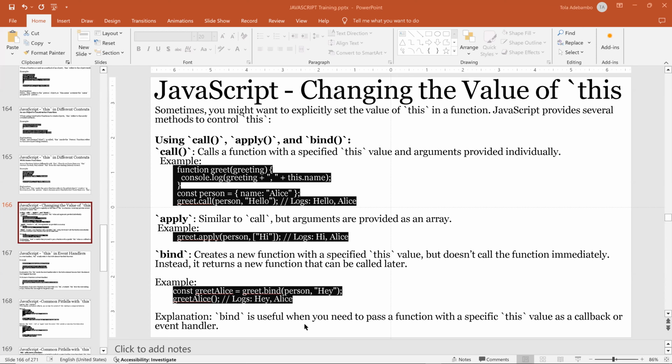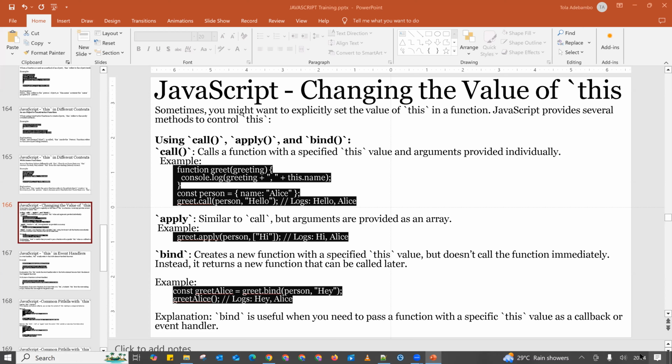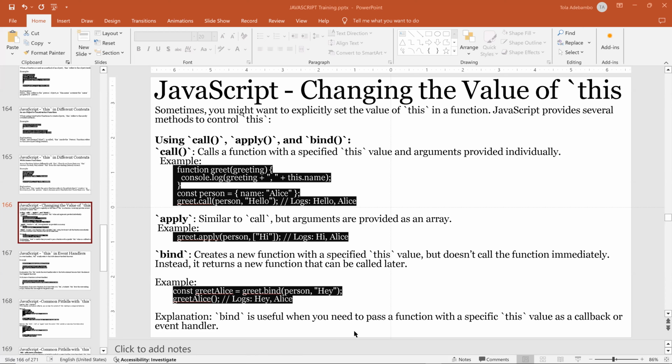The lecture will be very short because of our time. I will try not to exceed 9 p.m. So I'm going to